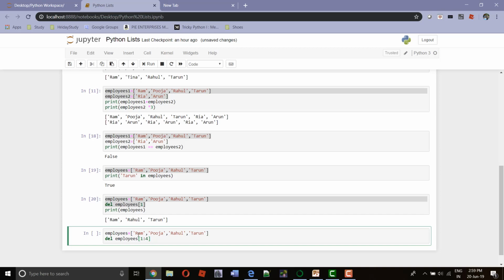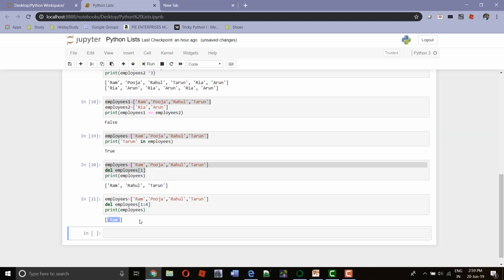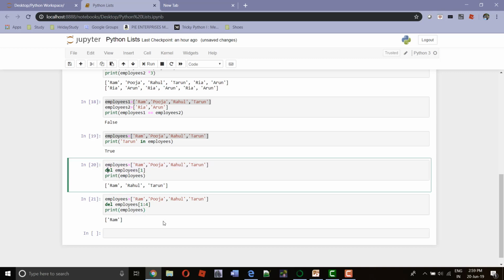So right now we have 0, 1, 2 and 3, that is, we will have only Ram left in our list. So let's print our list. If I say print employees, it will give us Ram only. Here we go.